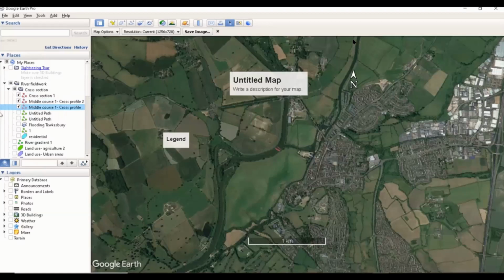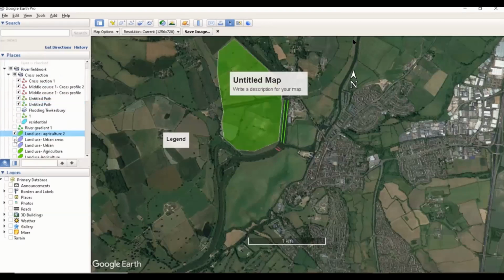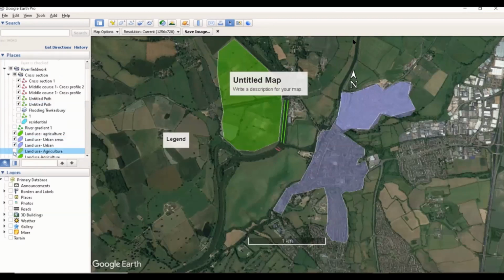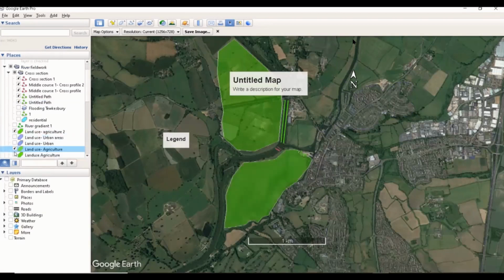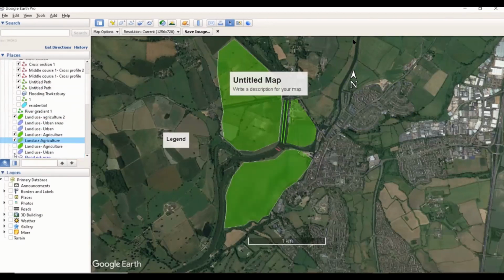What you can then do, you can choose which information you want to be included on your map. So here I've added my widths, my cross sections for my map. I can add my gradient in. I can also add in my different land uses on my map. Once you've selected the different layers and the different information that you would like your map to contain, you can